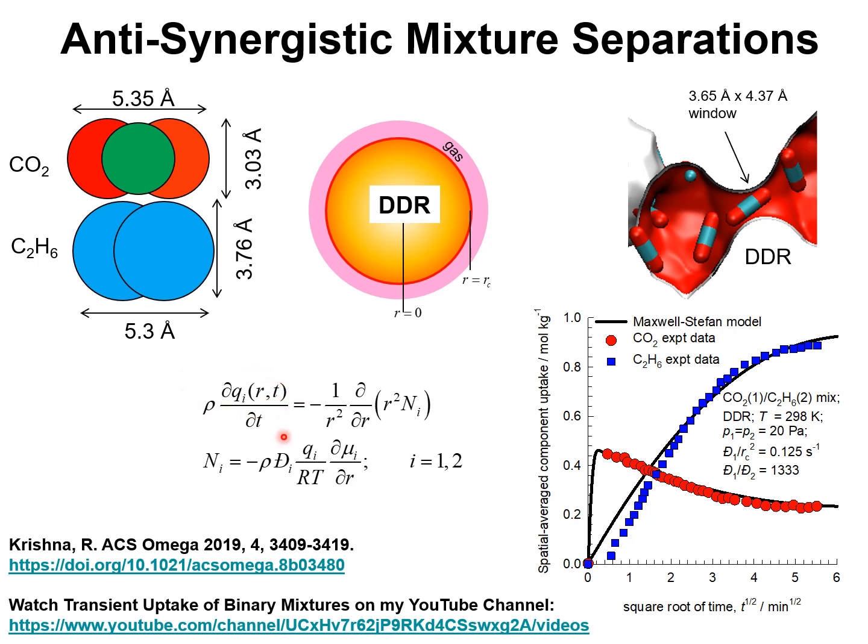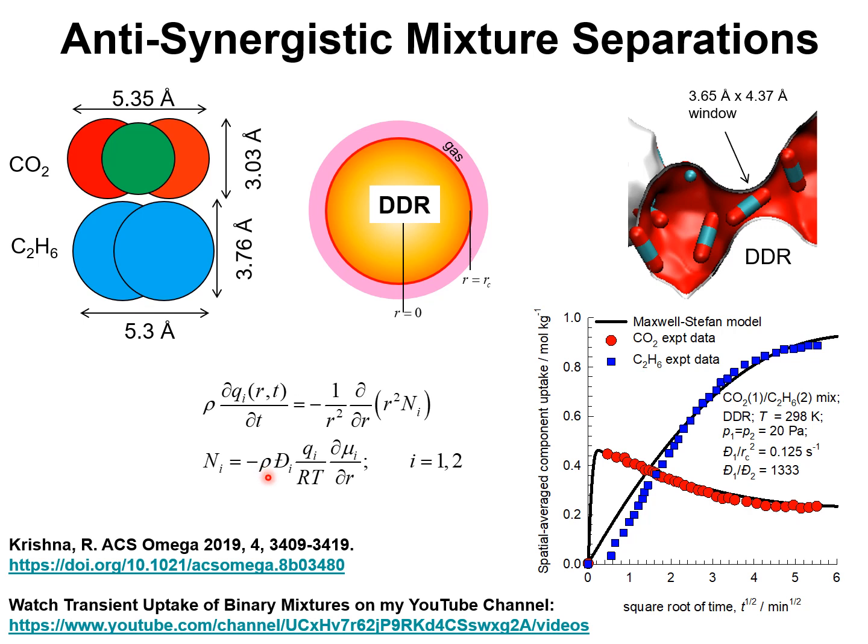This time derivative is related to the molar flux of species i, and the molar fluxes are described by the Maxwell-Stefan diffusion equations as being proportional to the gradient of the chemical potential of species i, and the proportionality constant is the Maxwell-Stefan diffusivity Đi. Rho is the